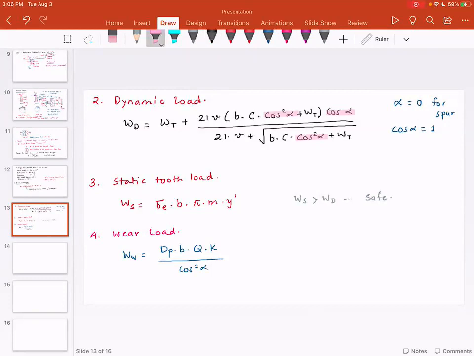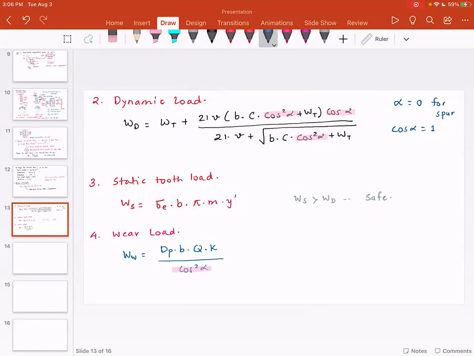The difference between the spur gear equation and the helical gear equation is this factor cosine alpha. And then you can find out the values of Q, values of K based on the table,